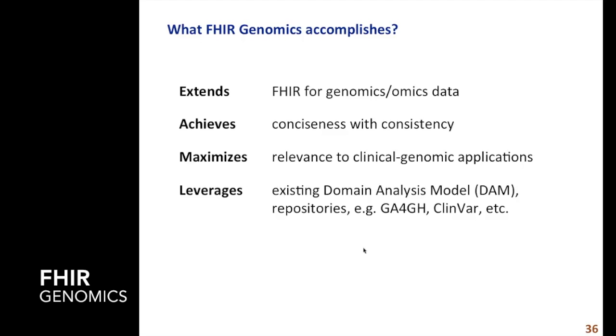We really try to design it so that there are as few new additions as possible, but at the same time, it allows for flexibility if you want to design a new profile that has a very specific use case, such as HLA. We mentioned that that is an example that you could do, and we actually modeled how to do that, and we're looking at test driving that particular profile further